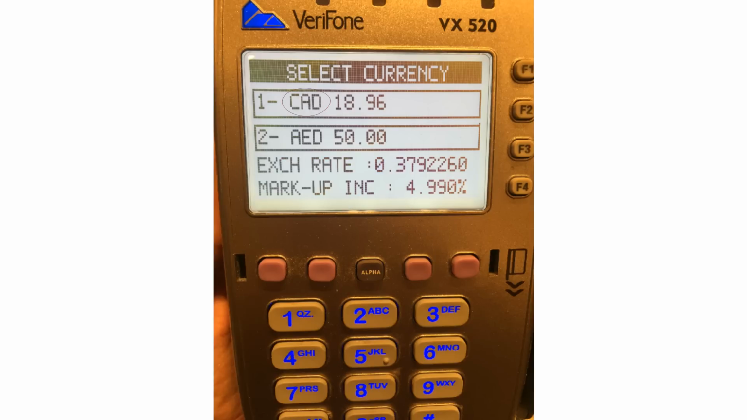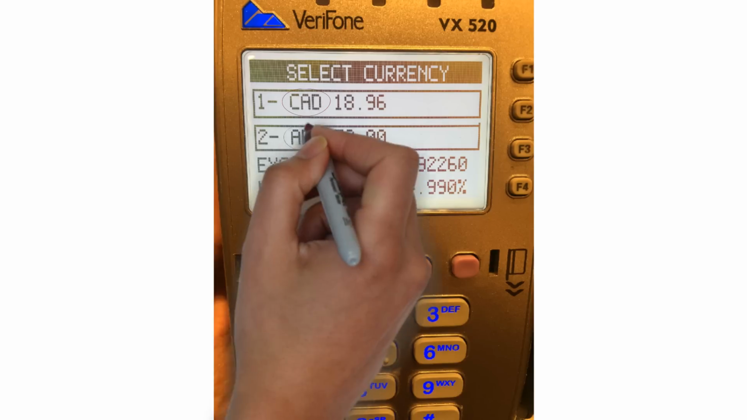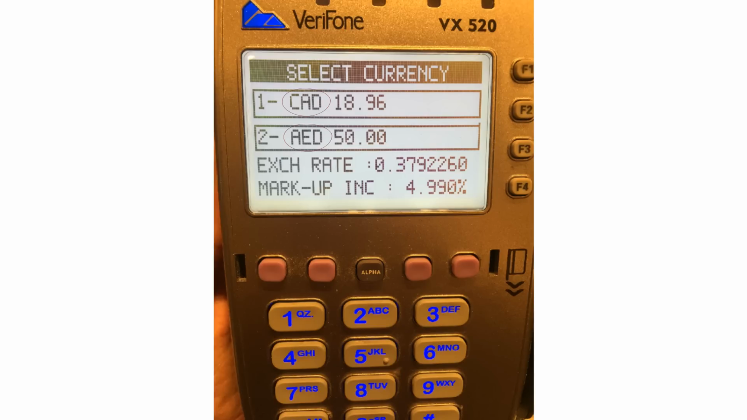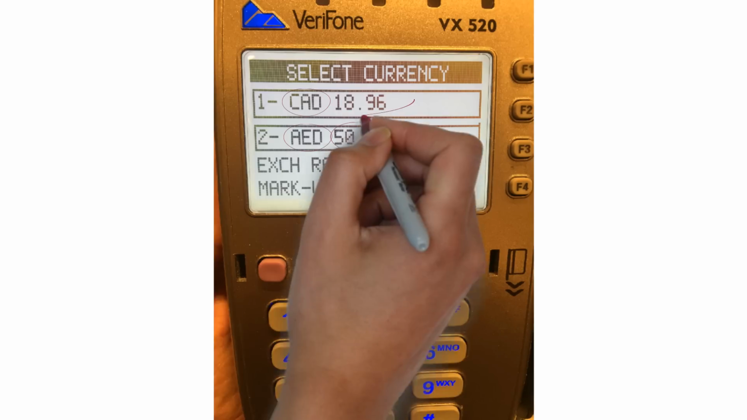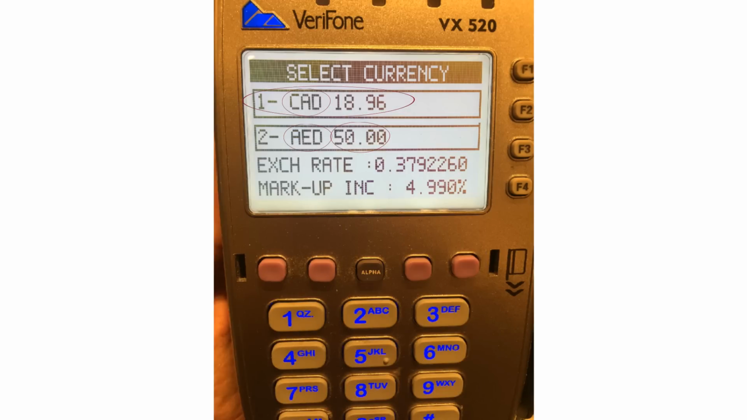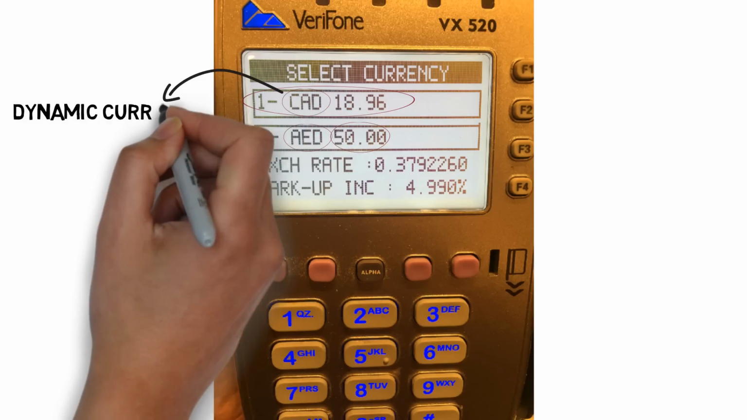CAD stands for Canadian dollars, and that's my home currency since I'm Canadian. AED is the local currency, which are called dirhams. The item I was looking at was priced at 50 dirhams, but I was given the option of paying in Canadian dollars. This, the option of paying in your home currency at time of sale, is known as dynamic currency